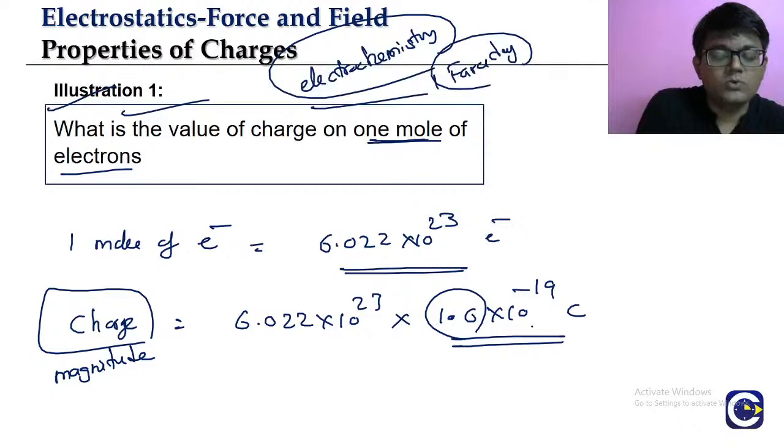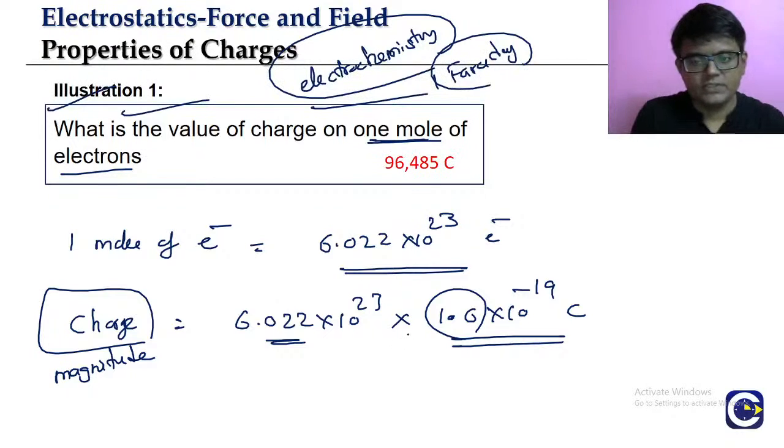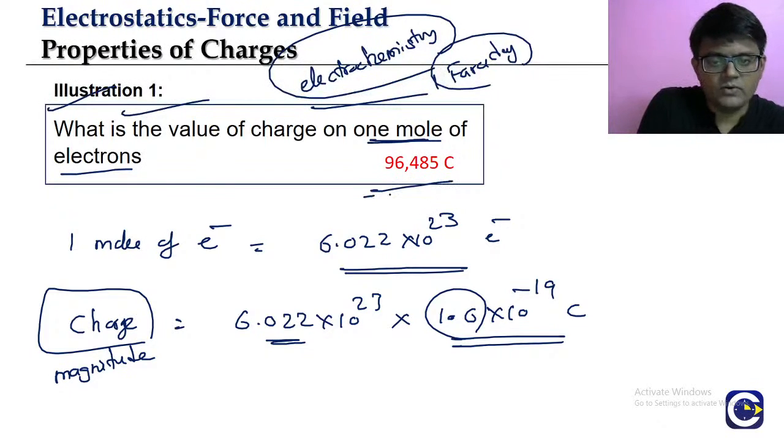But if we take it up to the number of decimal places, like the way we have in the Avogadro number, then we are going to get a slightly different answer. Okay? So if you multiply 6.022 into 10 power 23 with 1.6 into 10 power minus 19 as it is, you will get one answer, because we are considering the charge of the electron to be only up to one digit. But if you consider the charge value also to be up to 3 decimal places, you are going to get a little bit different value for this. So how much are we going to get? We are going to get the value somewhere close to